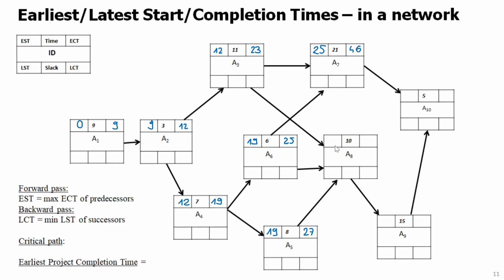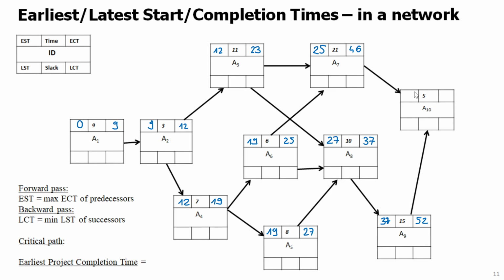And then this one, notice it has three predecessors, A3, 23, A6, 25, and A5, 27. So again, I have to take the maximum, 27, because this activity can be started only when all three are finished, and the earliest time when all three are finished is the maximum of 23, 25, and 27, which is 27 plus 10. This is the finish time of this, or completion time will be 37. Then this can be started on 37 plus 15, it will be